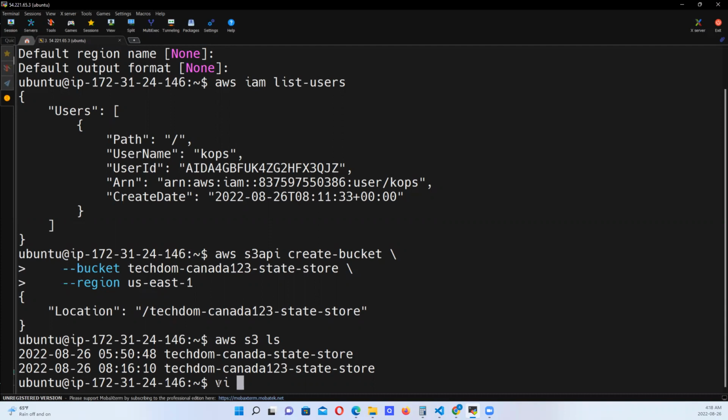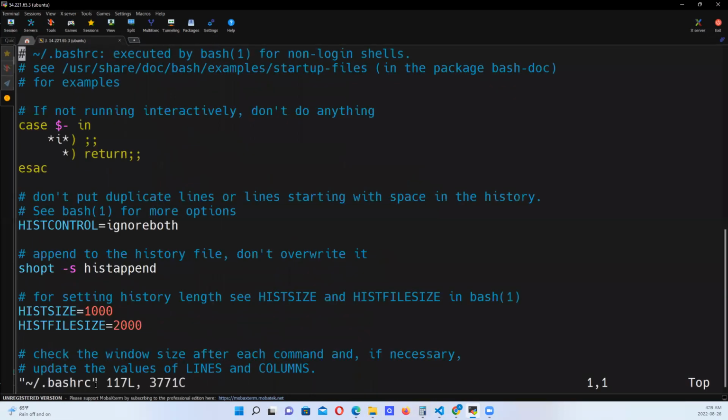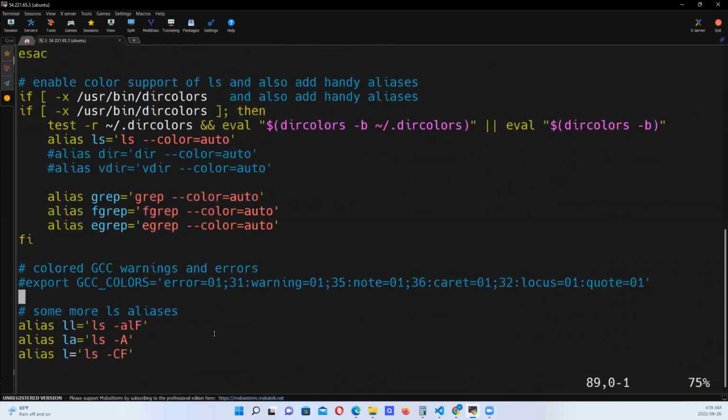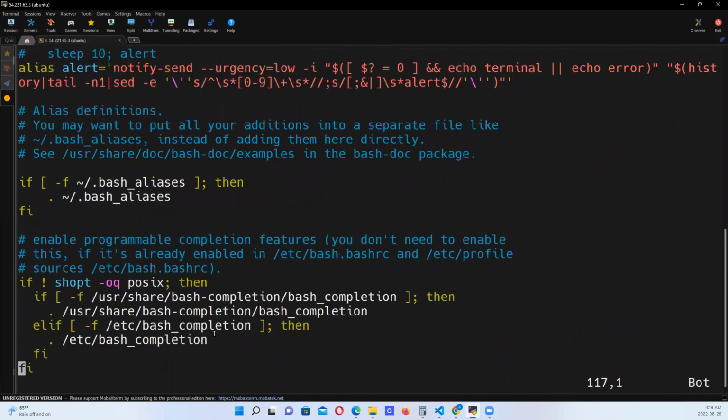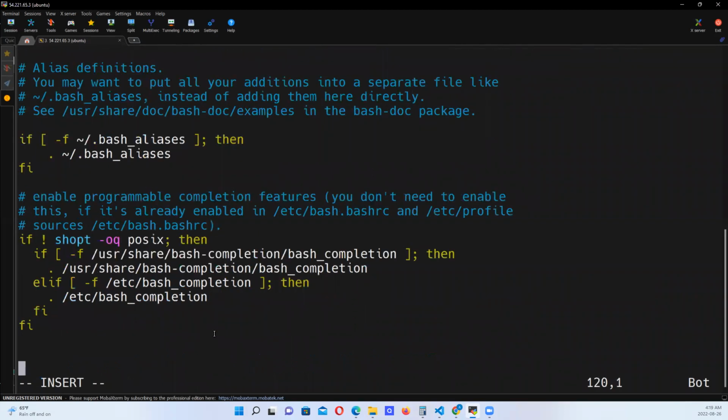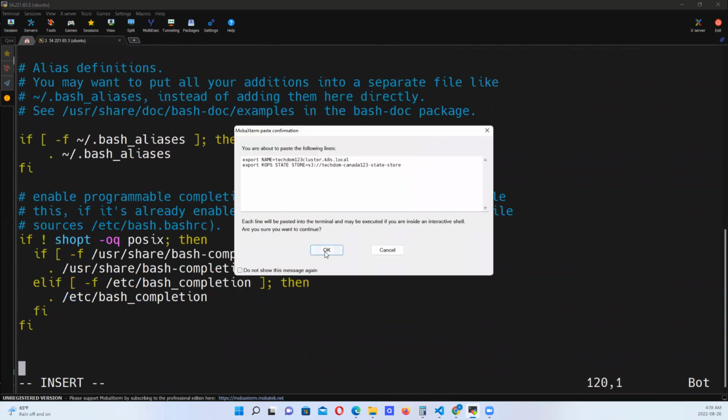I'm already at home, otherwise I would have specified the path. So when I VI into this file, I want to go to the bottom, to the end of this file, then paste those environmental variables that I've copied,